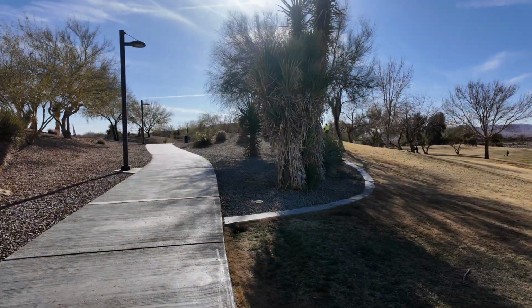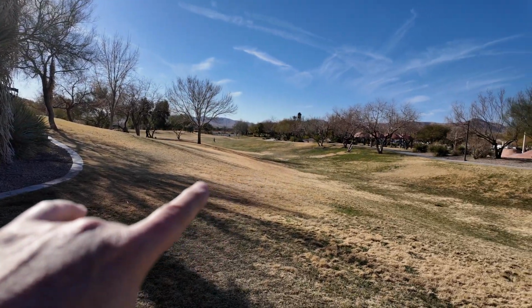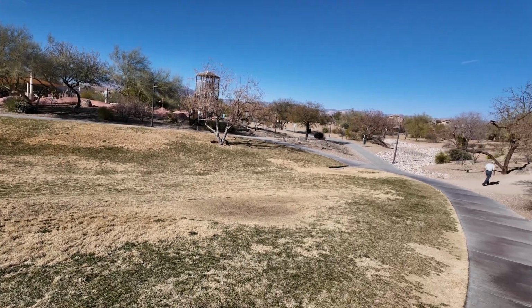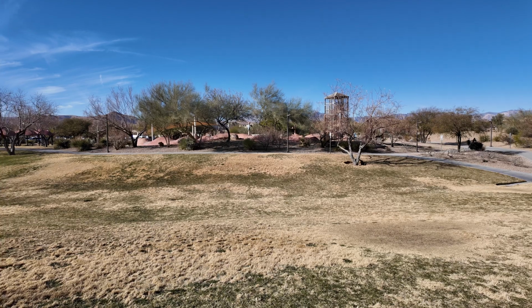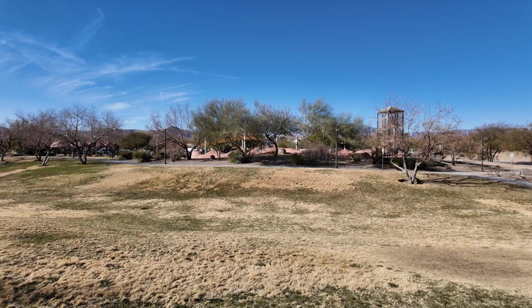Well, we've exited the nice desert motif area with all the plants. Over here on the grass side, we can see that floodplain area right here in front of us, how it kind of dips down there. And we got the channel over here with all the rocks. You go over here, they've got the kiddie area with the playground. Looks pretty unique. And then we'll go ahead and go up the ridge here and take a look at the